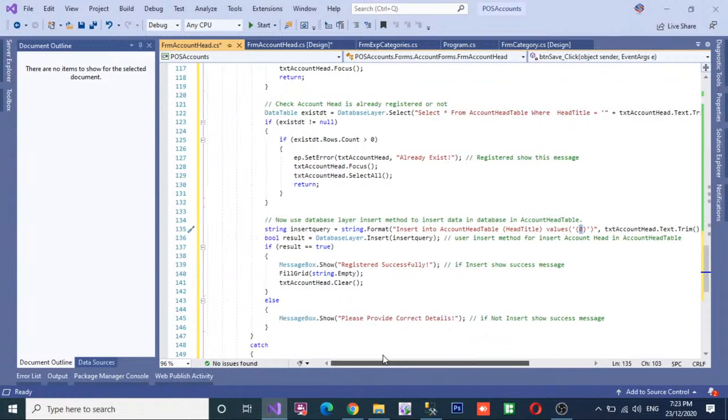So once the query is configured and ready, then pass the query to the insert query. Boolean result means if result is true, it means the data is inserted inside the database. So database layer dot insert query, pass the query. So use the insert method,